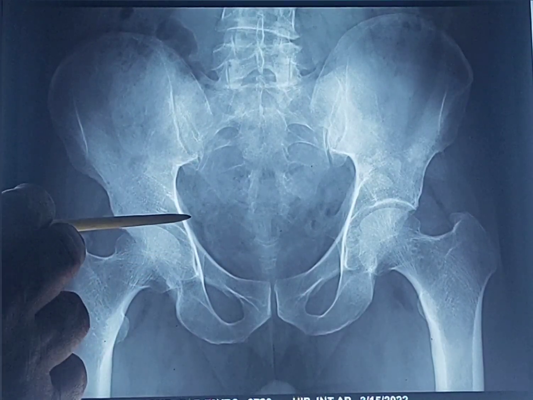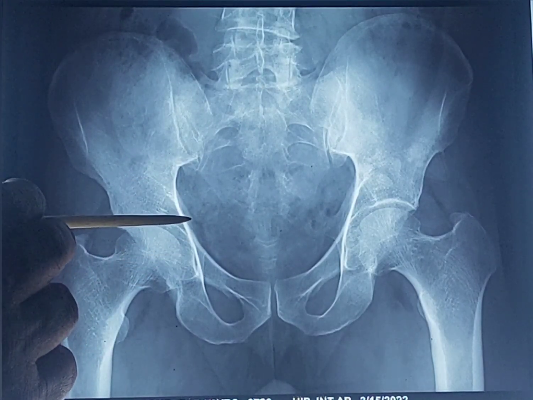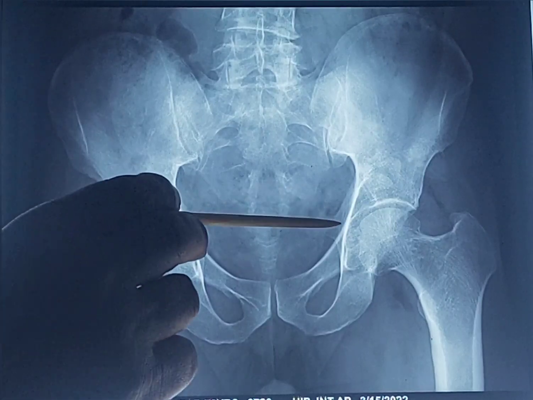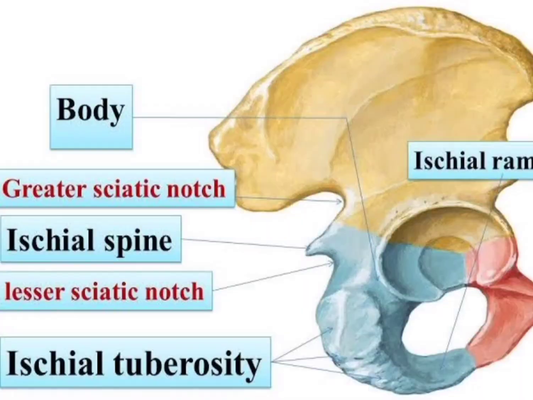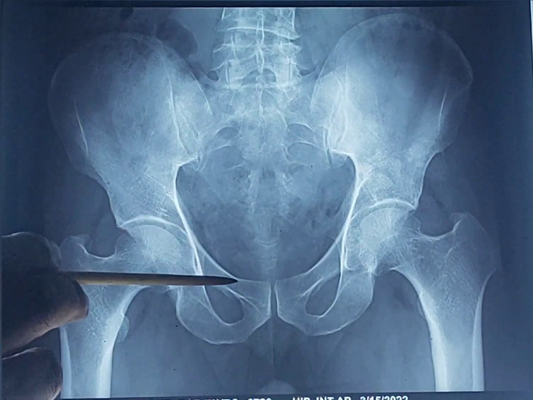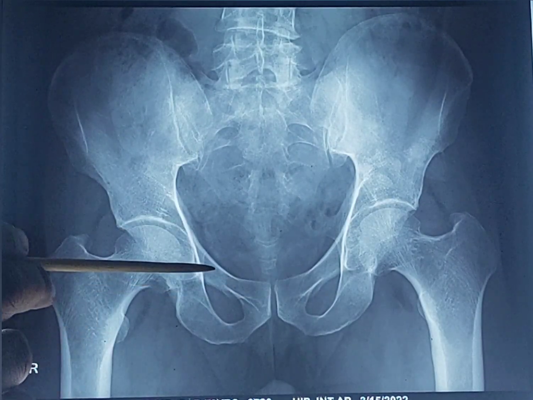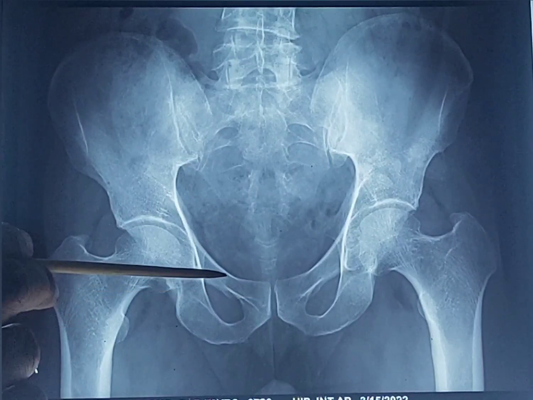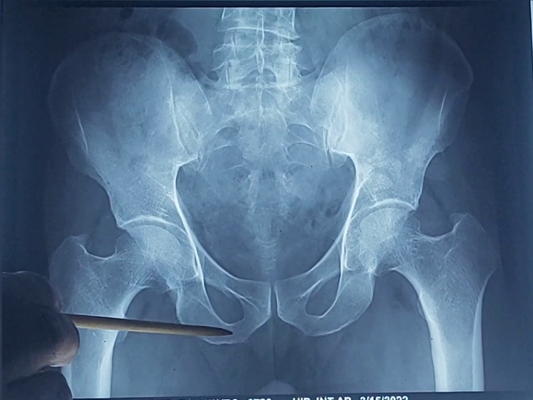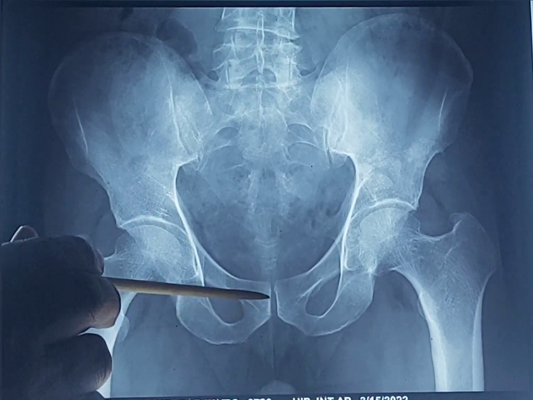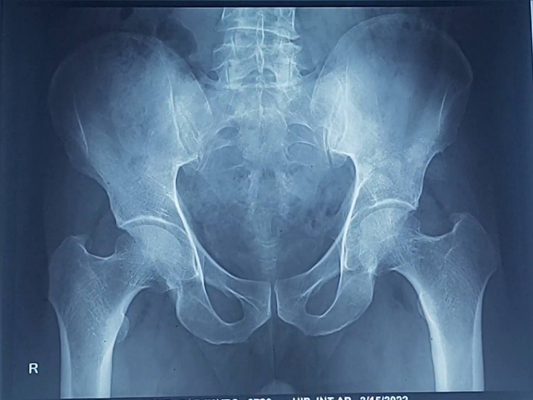This part is the ischial spine, this small bony projection. So below this is the ischial spine of this side. Below the ischial spine is the lesser sciatic notch. So there are two sciatic notches, greater above, lesser below, and in between is the ischial spine, and below it is the pubis. This is called the superior ramus of pubis, and this is inferior ramus of pubis, and this is symphyseal surface of the pubis.